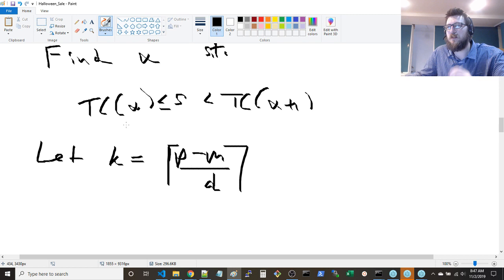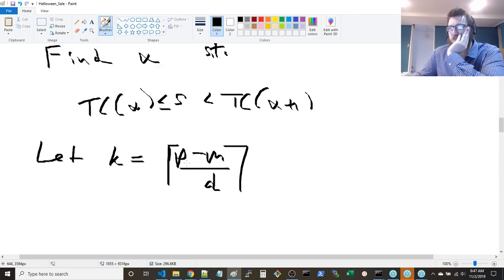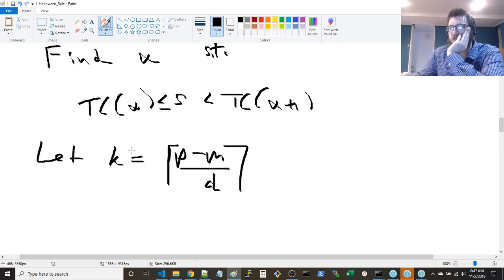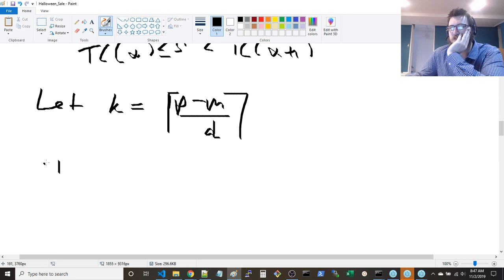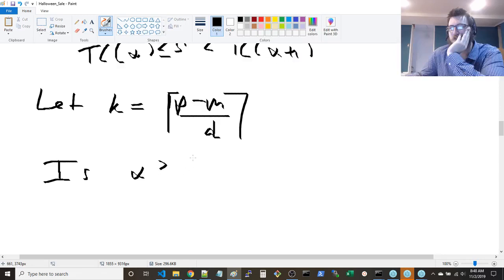If we let k be the ceiling of p minus m over d, then I want to say, is alpha greater than k or alpha